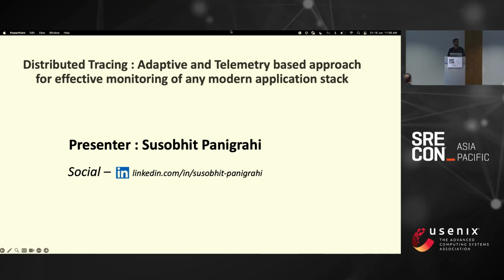So quick show of hands, how many of you have actually tried tracing in your production applications? Okay, that's quite a few. So never mind. We'll go through the basics of it first, and then we'll come to